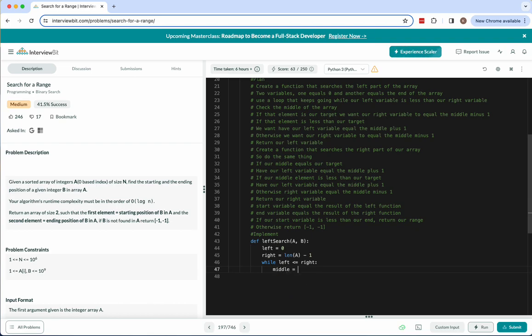Middle equals left plus right divided by 2. Then if our middle element is equal to b, our target,